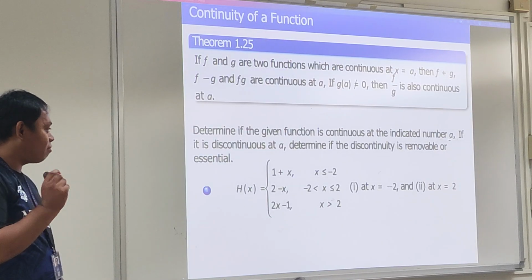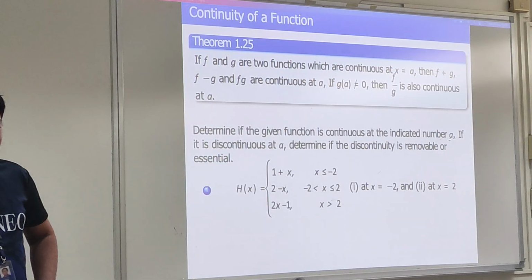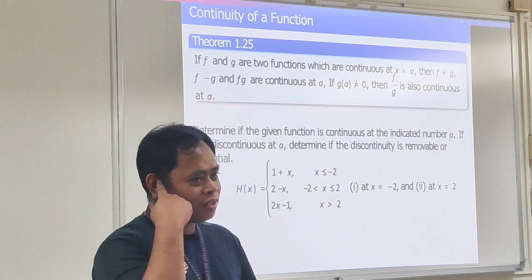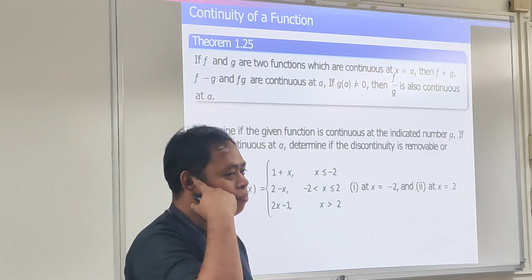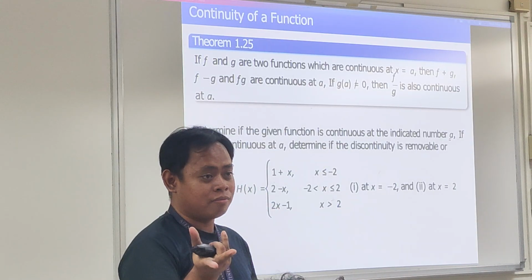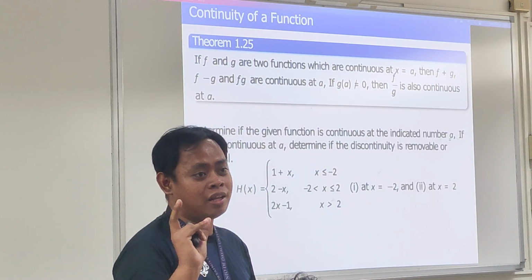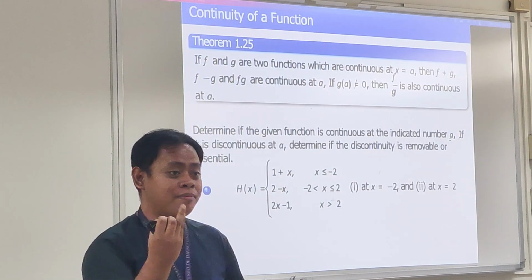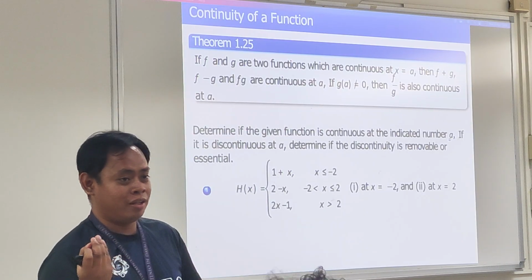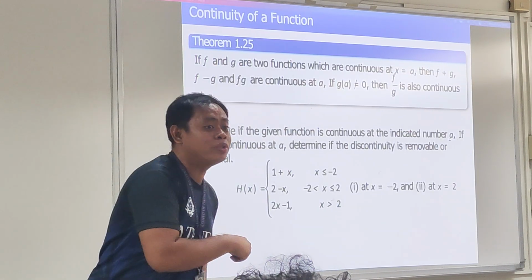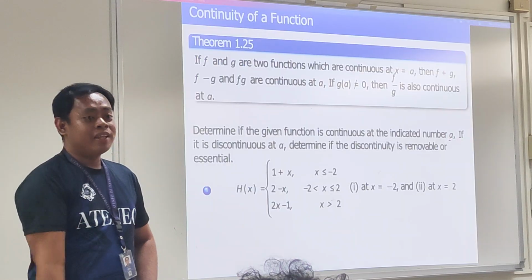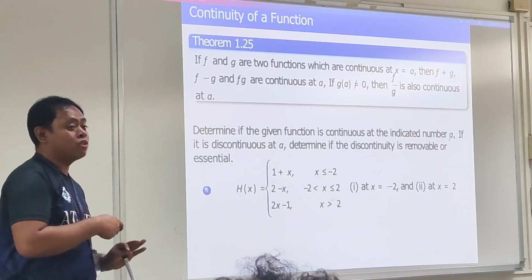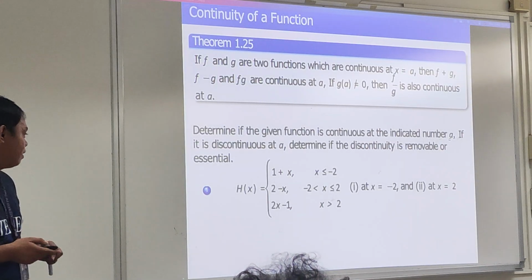And then we can say that this discontinuity is removable if the limit exists, but possibly your f of a does not exist, or the third condition, they are not equal. So either condition 1 or 3 is not satisfied for removable. And for essential, of course, only condition 2 is not satisfied. So you have no limit, so that is essential. You cannot do anything to remove the discontinuity if that's the case.